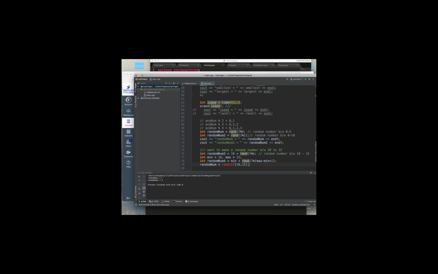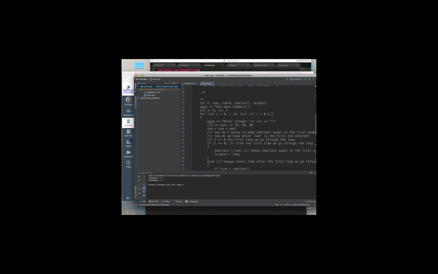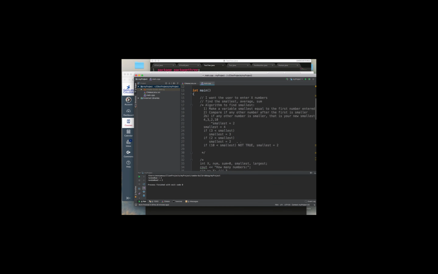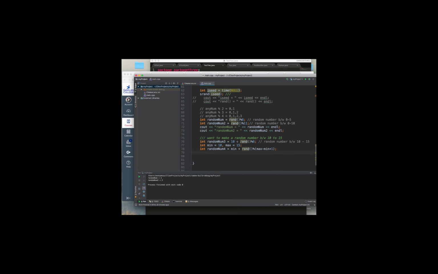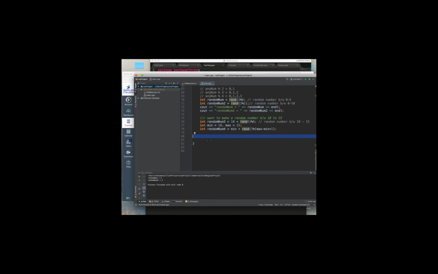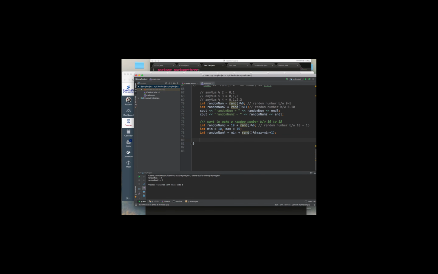But no, you gotta pull the system time and feed it into the srand, and then you have to do the rand, and you have to do the modulus, and then you have to add and subtract things. Welcome to C++. Okay? So things are not as easy as some other languages. But that's okay. It teaches you some fundamental things that you need to learn, such as the modulus. Okay? Alright, so this is how we make a random number,